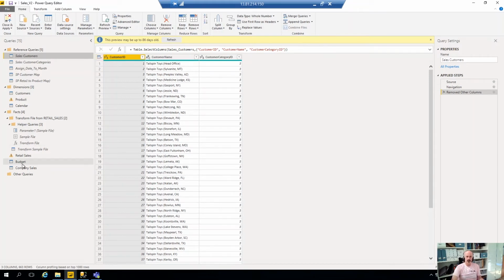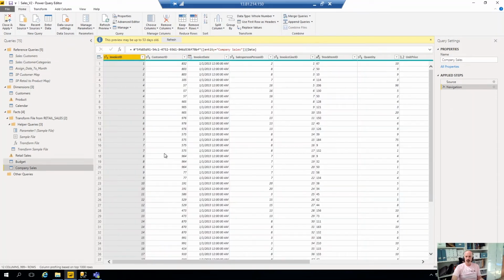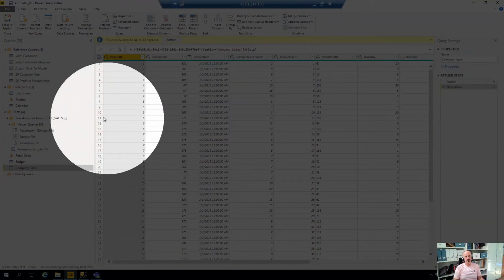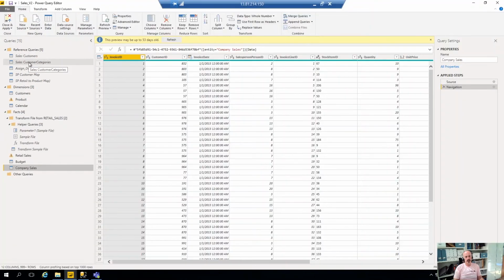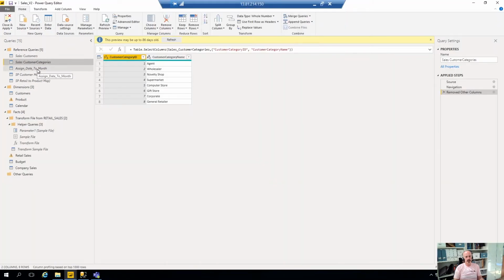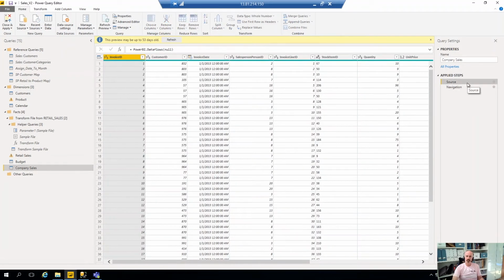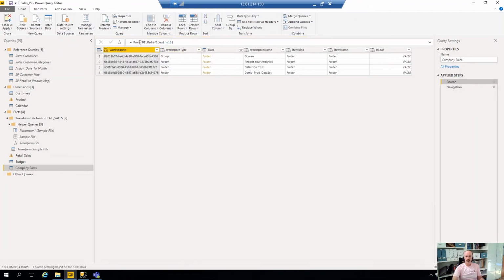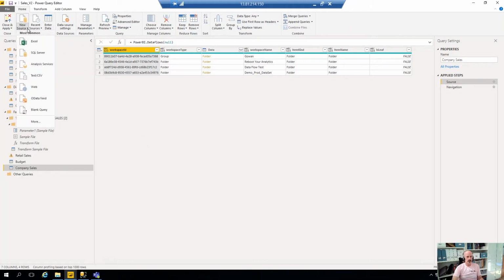First of all, let's look at my company sales. My company sales before used to be put in from two reference queries, one for invoice lines and the other for invoice headers. Those reference queries no longer exist now. If I look at my company sales, it's making a connection to Power BI data flows. So to bring that in from the start, I'd be going to New Data Source, go More,